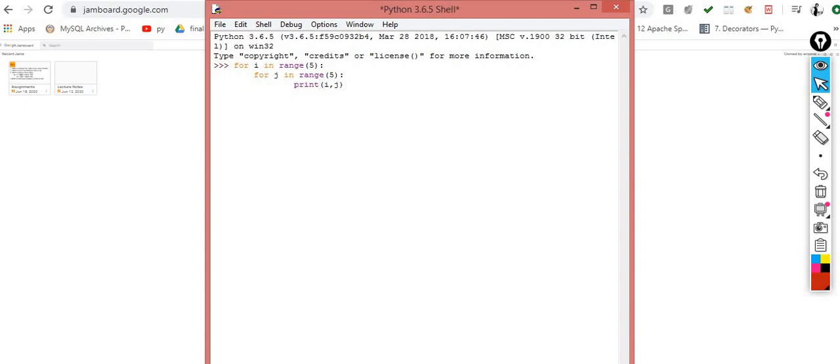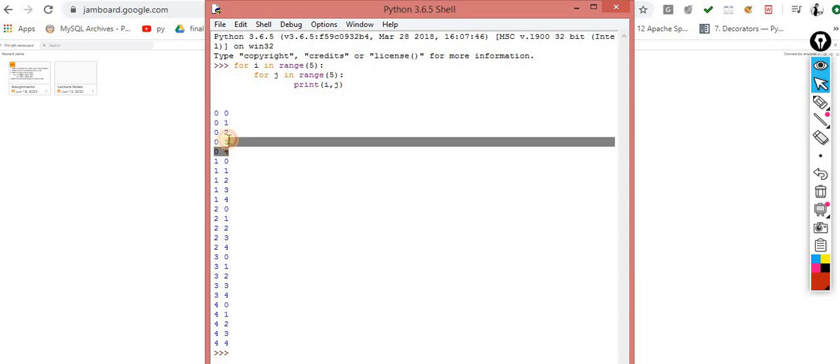Now observe this scenario and check the output. 0 0, 0 1, 0 2, 0 3, 0 4. The inner loop is completed for the i 0 step. Then the i step increases to 1, so 1 0, 1 1, 1 2, 1 3, 1 4.